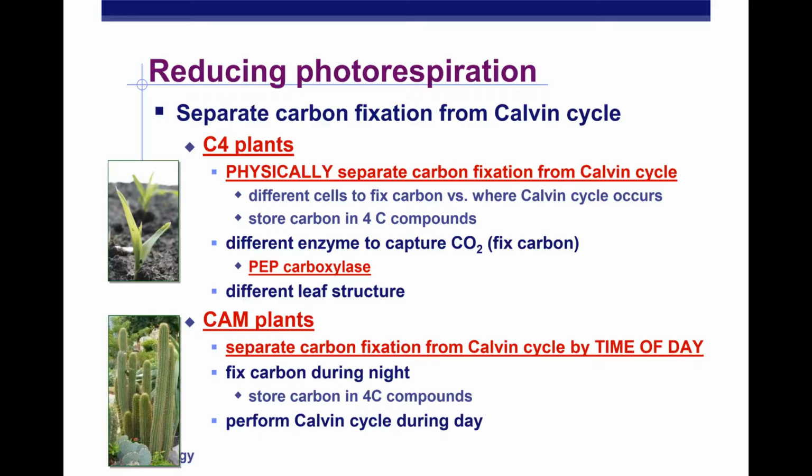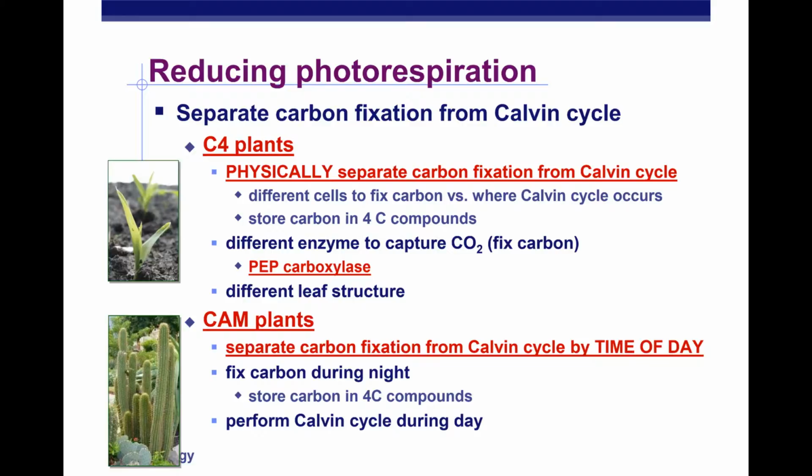So that's why we had to come up with this alternative to begin with. So again, if we look at C4 plants first, these are going to be plants that do actually two things. Physically, they separate where carbon fixation happens compared to the rest of the cycle. They do it in different cells. And instead of storing your carbon in a three-carbon compound, they store it in a 4-carbon compound, so hence they're